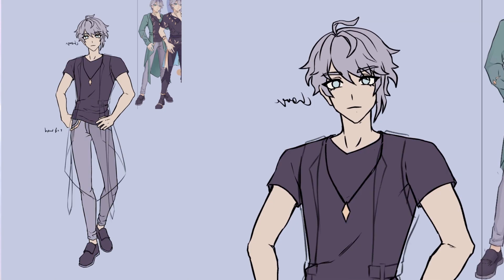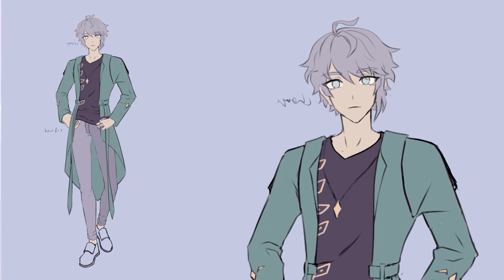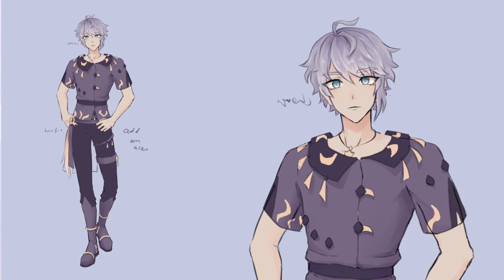The pants he wears in his modern outfit have a different shade of grey for each leg. While I haven't seen pants like this often, I saw them on Pinterest and thought this would look more interesting than just a black shirt with grey pants, so I went with it. His jacket is green, a bit similar to his cape in game.